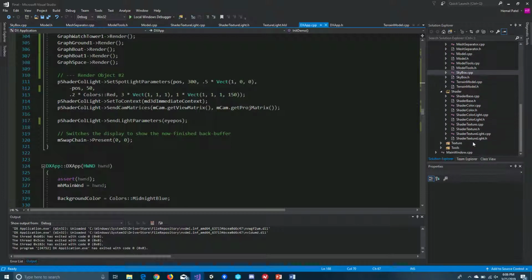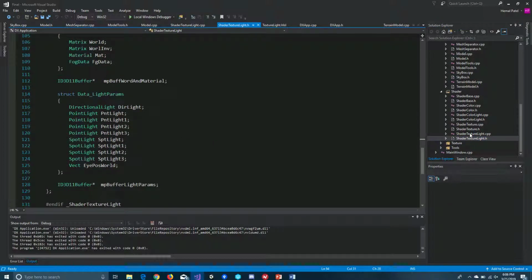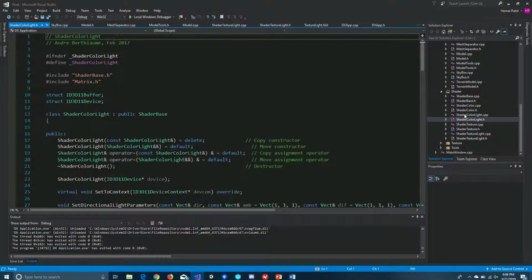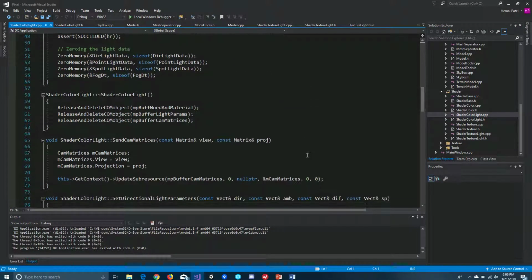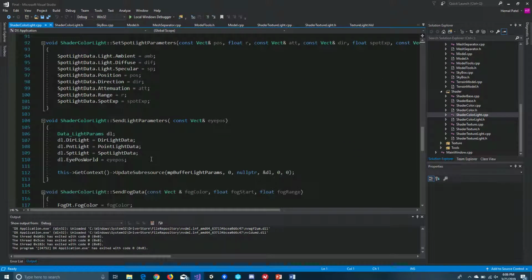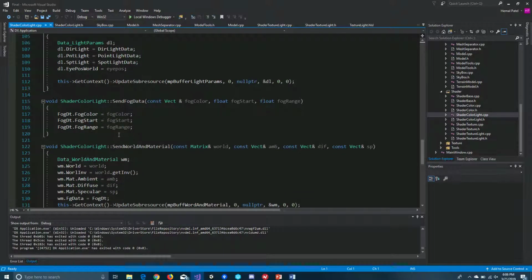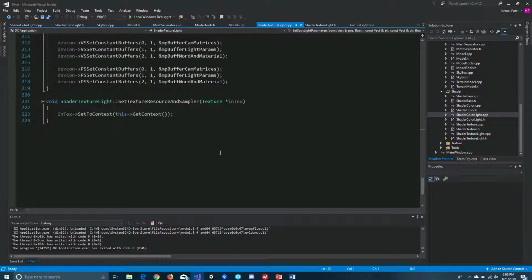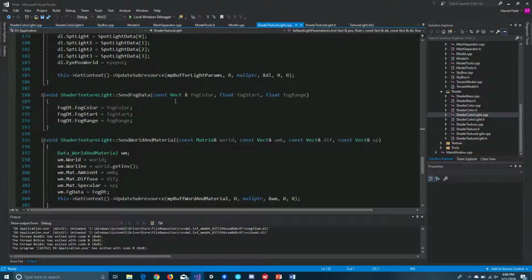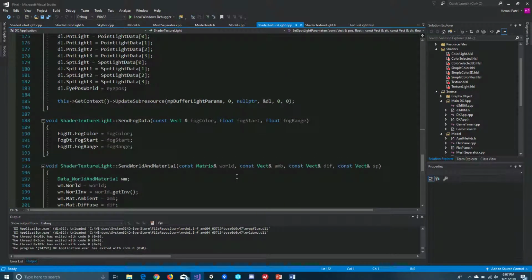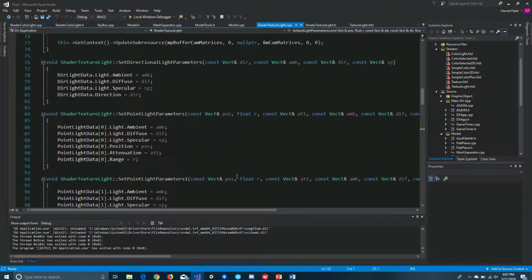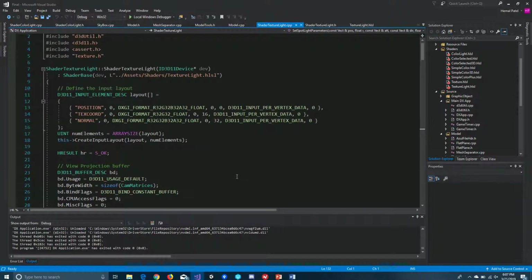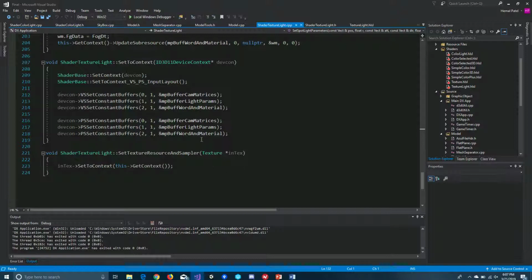In the draw scene, we're just setting the shader and rendering the graphics objects. You can see we have made all the changes for our texture light and color light objects with the fog data. So we have our set fog data right there, and then we're sending the fog data, that's for the color light, and the same thing for the texture light shaders. If there's nothing set, we're going to send the default values that are set at the start,